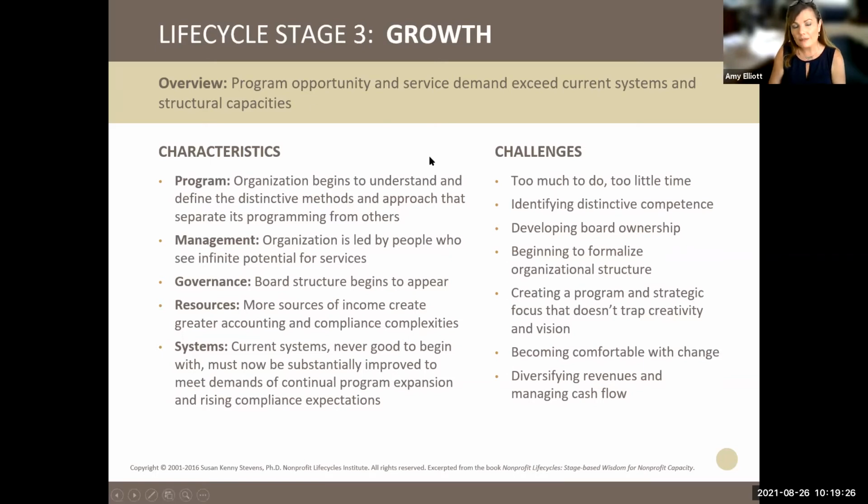This is one of the cautionary tales in growth stage. Just about everybody in the world, you don't have to be in the nonprofit sector, remembers the Ice Bucket Challenge for the ALS organization. And my mom passed away of ALS in 1994. And so I was especially excited for that social media campaign and participated in it and followed up on the organization and how many funds they got, millions and millions and millions of dollars, and what they did with those funds. And what they did with those funds was just about collapse